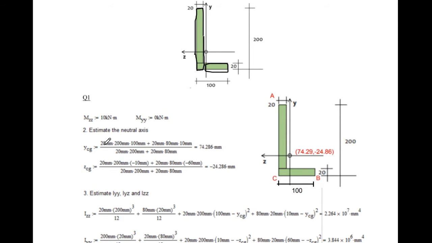So this is summation of area Ai into Di. So this is 20 into 200, the area, and this 100 is the distance from the origin to the center point; due to symmetry it will be at the center point. So this is 100, and then again for this one, 20 into 80, here it is already included in 200 this portion. This one is only 80, so 20 into 80 is the area.